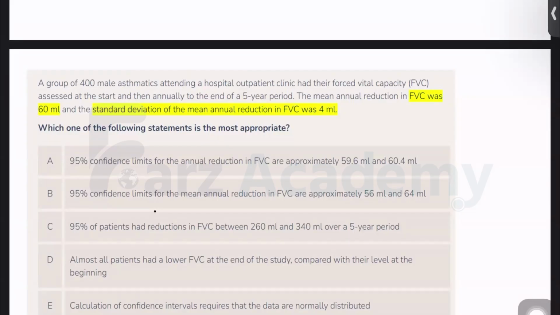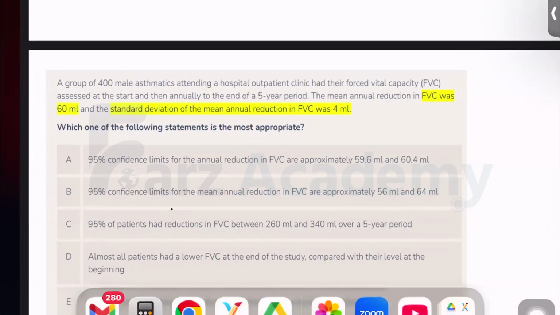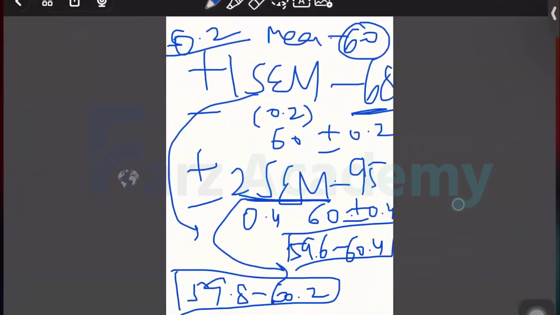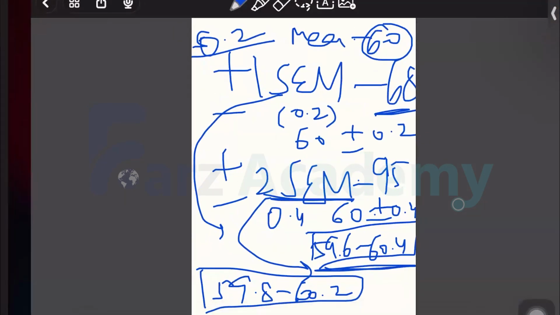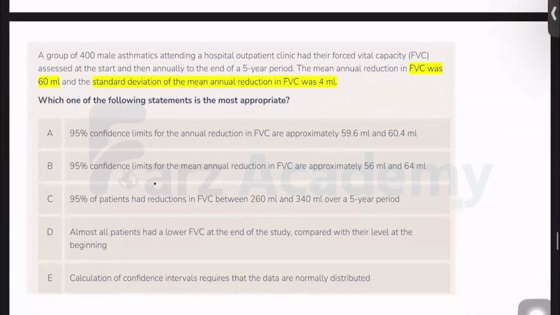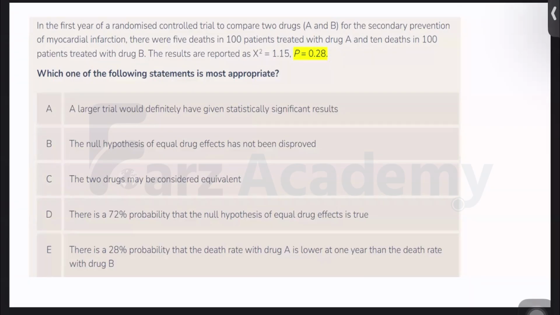So all the three options are telling you 95% first. So you have to understand 95% we got between what? What was the answer for 95%? Yes. This was 59.6 to 60.4. Can you see some answer like that? 59.6 to 60.4 covering 95% of this population. Option A. Very good. Okay. Option A.